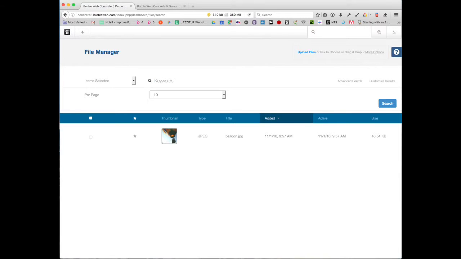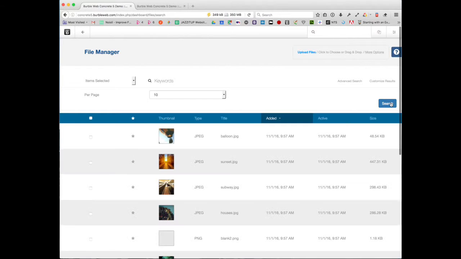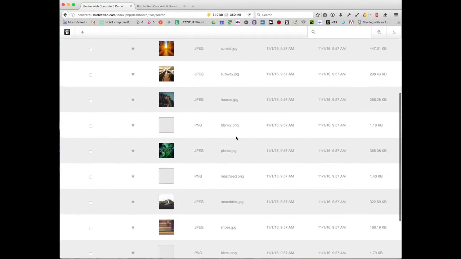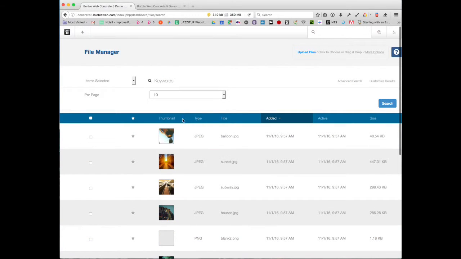Now, we can search for our images, but once you've searched, that search will stay applied unless you clear out the search and you research, as it were. So we've now done this, and our images are here. Now, in a similar way to on a Windows or a Mac, you can reorder things by clicking on the file headings here, the column headings. So we can reorder by title,